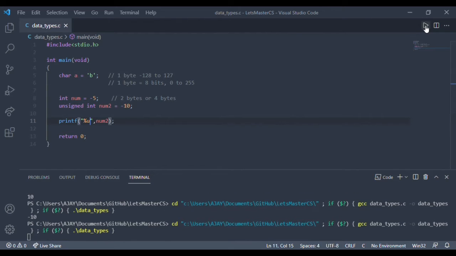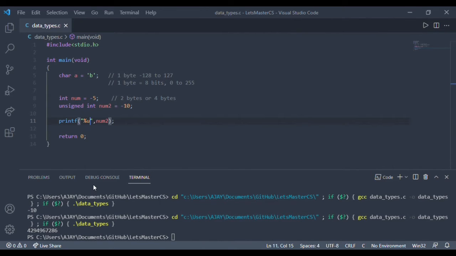To print unsigned integer, we will use %u. As you can see, the negative number has been rolled to the maximum value. So this is the range of the integer.